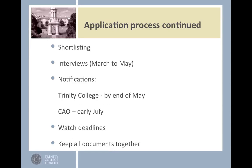So the application forms, we receive them by the 1st of February. We start processing them. The schools and courses will receive their applications. They will work through them. They'll have a panel of people devoted to managing the mature student process. They will work through the application forms. They will shortlist. They will identify those students whom they would like to meet at interview, and those students who